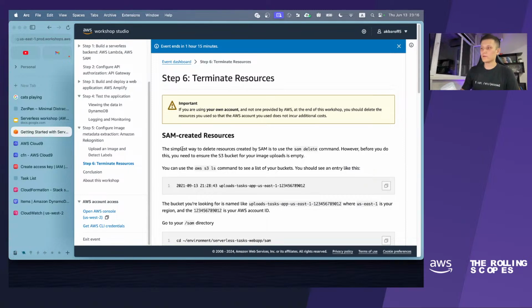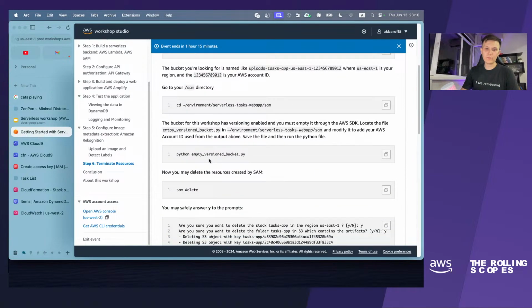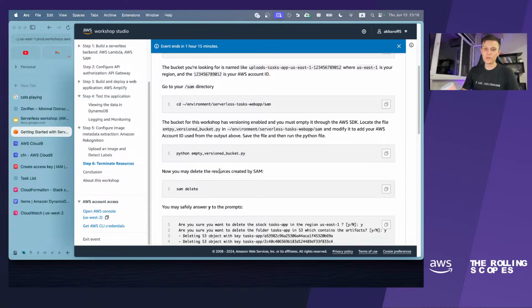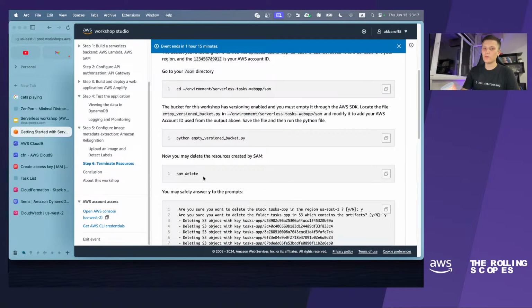But if you are going through the workshop using your own accounts, please do not skip this part and clean up the resources. You can do it by running one Python code which will just clean up the S3 bucket with uploaded images. After that, you can just run one command which is sam delete, and SAM will do all the work for you.